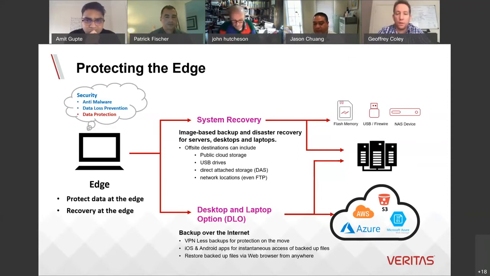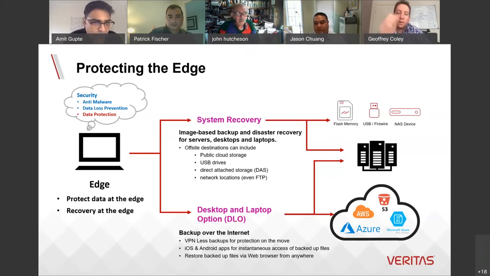Multiple operating systems are supported, and the latest versions support VPN-less backup, so you can back up directly over the internet, and also access those backup files through various mechanisms such as a web browser, or even some apps for iOS or Android devices. So that's certainly an option I think people should start to consider if you've got a large remote workforce now, that you've got to manage the data on those remote devices.